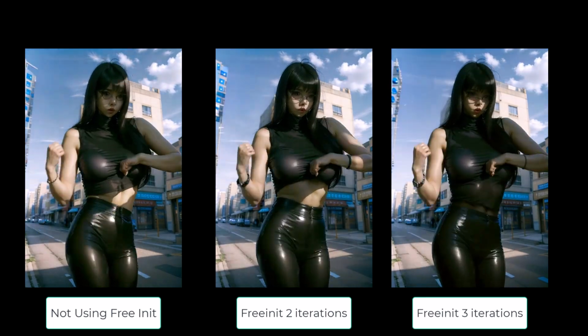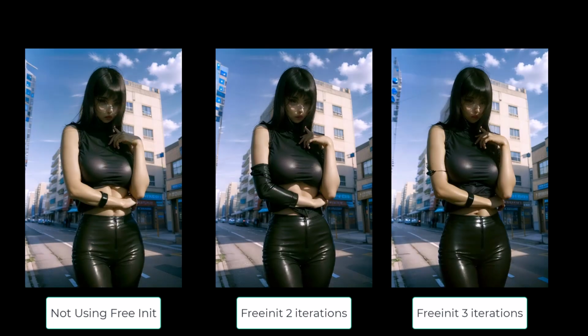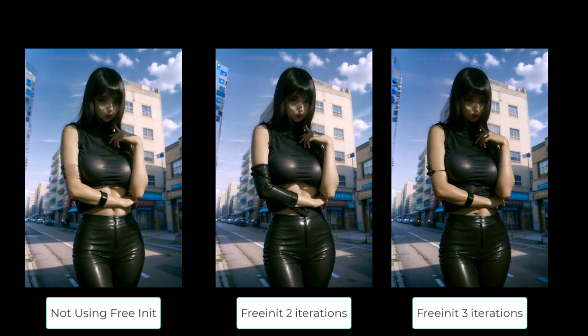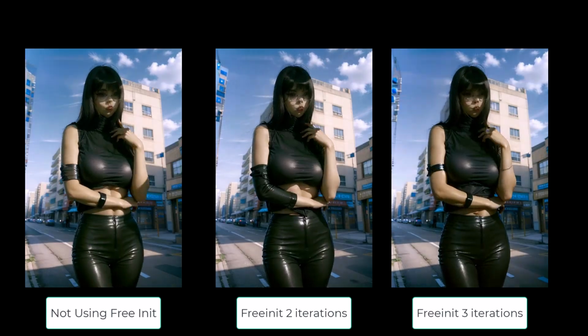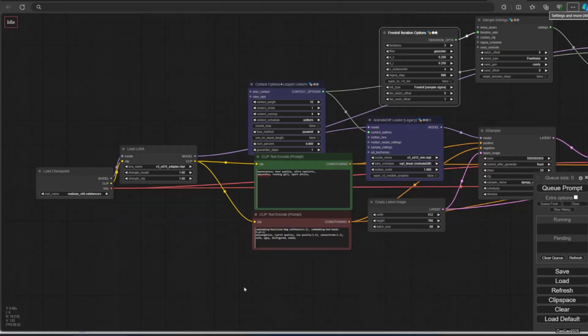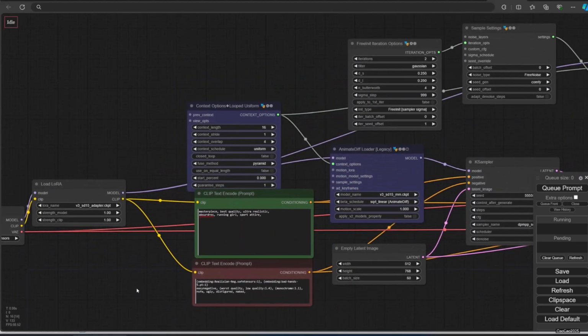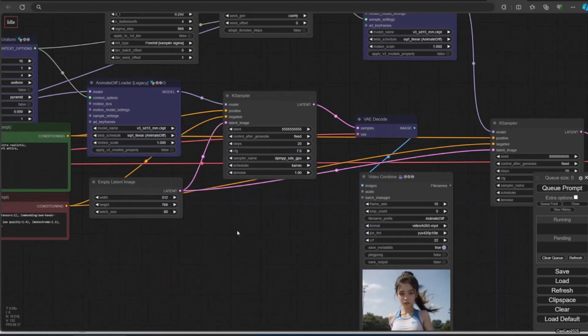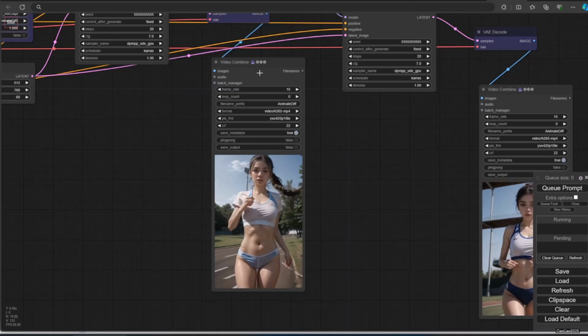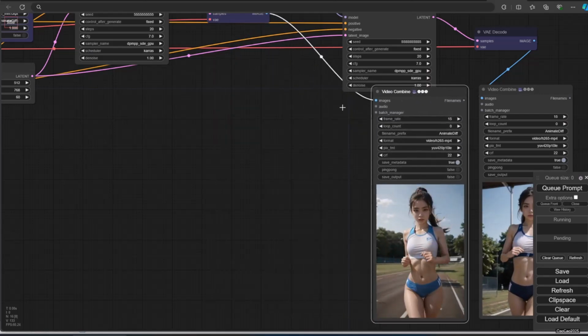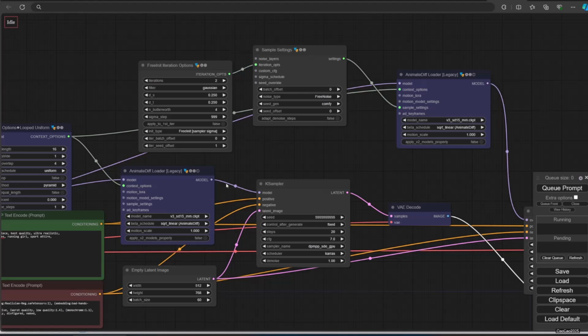I think if you already have consistency handler like me, using IP adapter and a few ControlNet, using FreeInit would not really matter. But if you actually use it without any consistency handler, for example, for a simple text to video, it worked better with that. Of course, it will take twice the time. Here is an example. The result is quite consistent, but not that great.